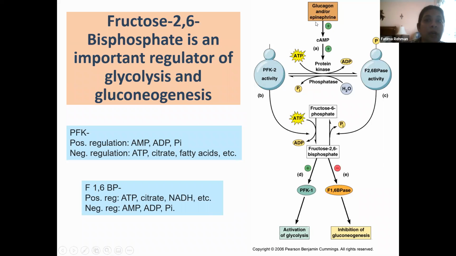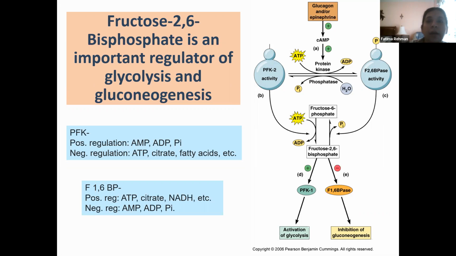And those molecules are glucagon and epinephrine. So you should know that the signaling molecules that activate this regulator, fructose 2,6-bisphosphate, inside our cells are glucagon and epinephrine. Okay, so those are your two signaling molecules that can control how much glycolysis is happening versus how much